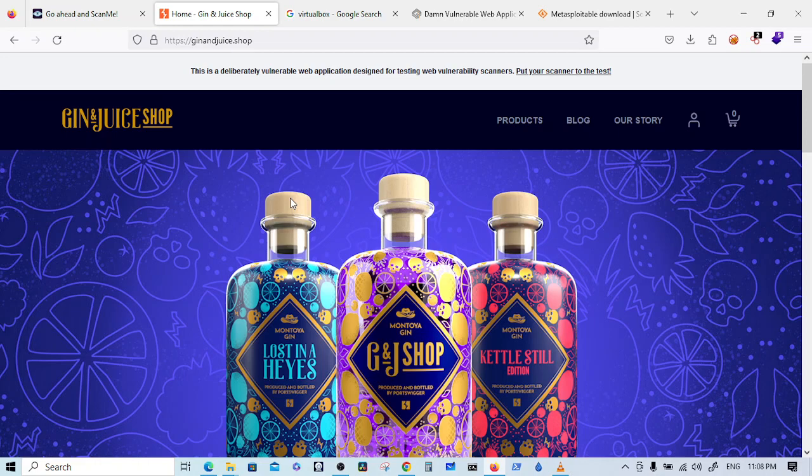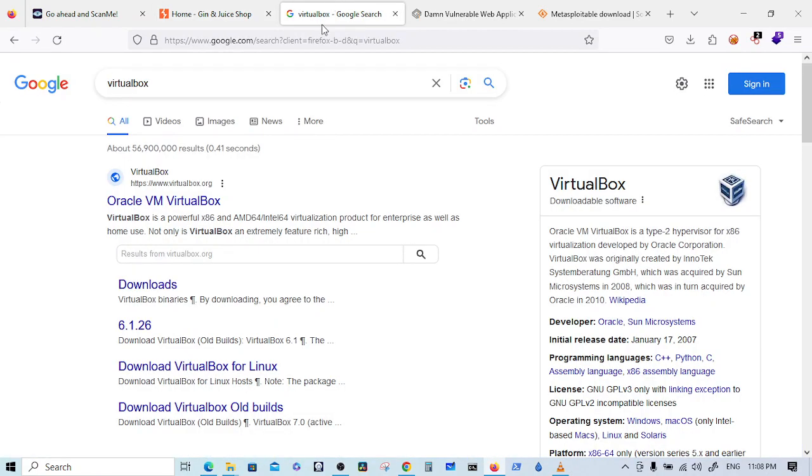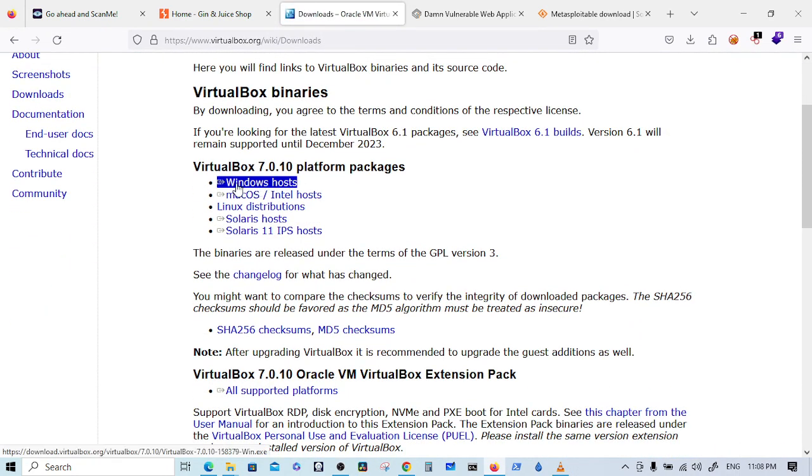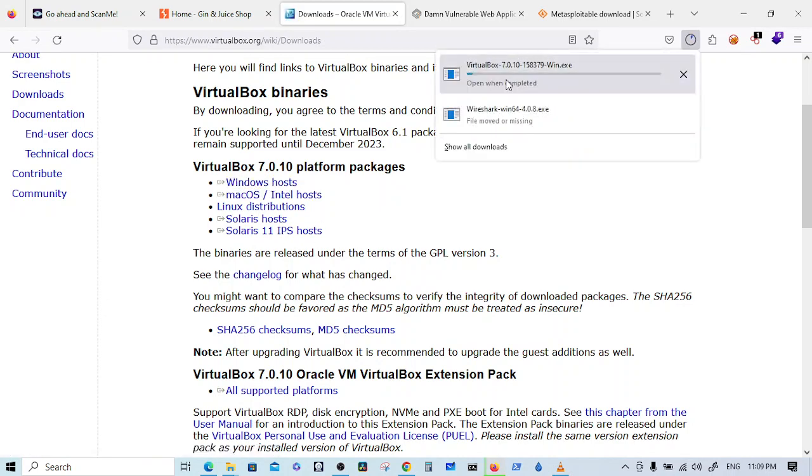Now we'll need this to practice online stuff, but we also need a virtual environment. So we need to download VirtualBox. Type in Google VirtualBox, go to downloads, and from here download. I am on Windows, so I will download Windows Host. If you are on Linux, I think you better work with VMware, but still you can use it from here. But since I am on Windows, I will be using Windows Host, and you can see it will start